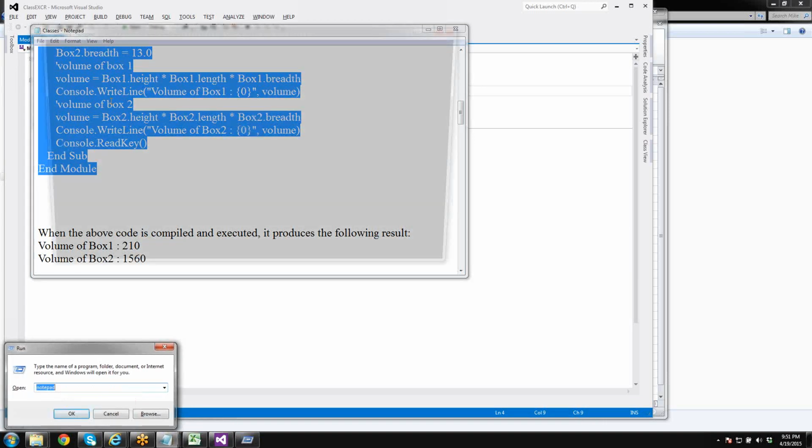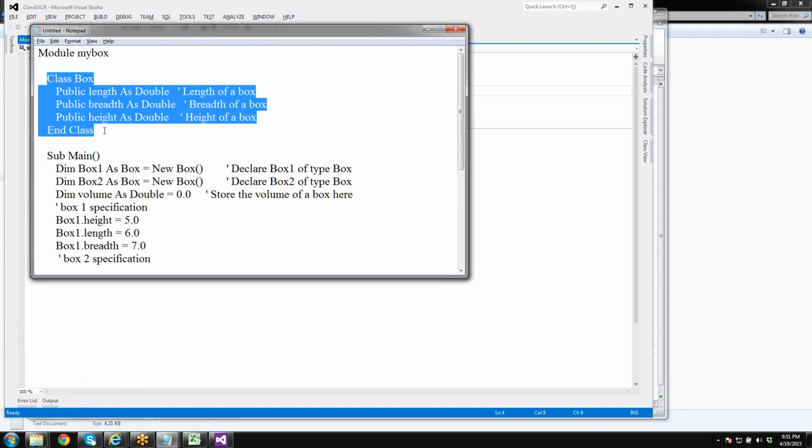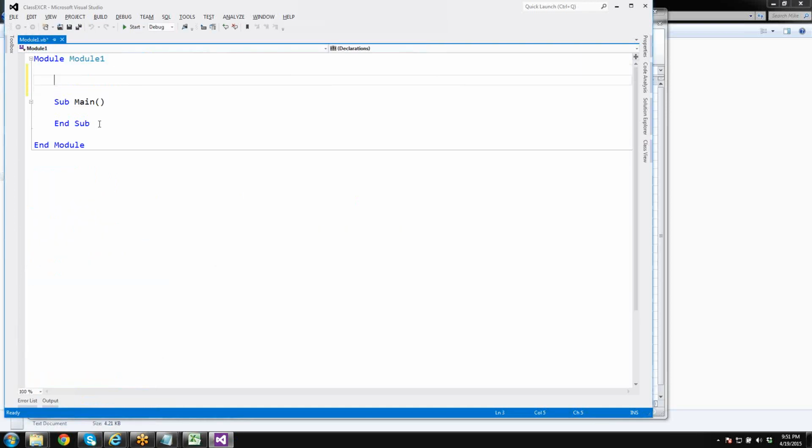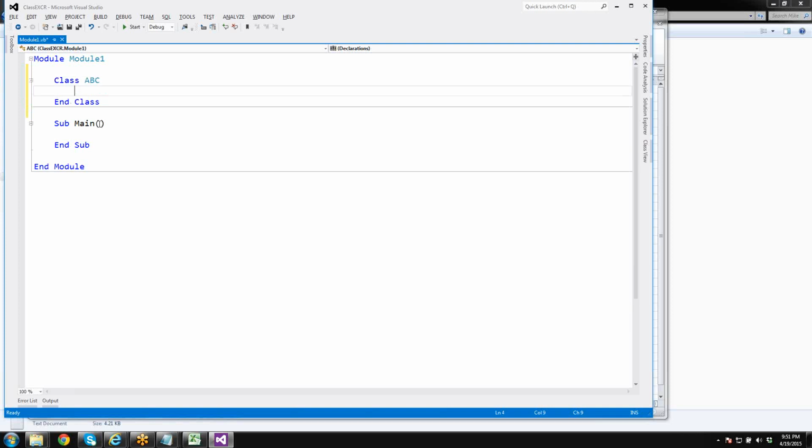So a module is there, and in between that we are going to create a class. Same manner, a module is there, I want to create a class, Class A, B, C. And is the class a member in the module or not? Simply, it's a member. Yes. So the class can have certain